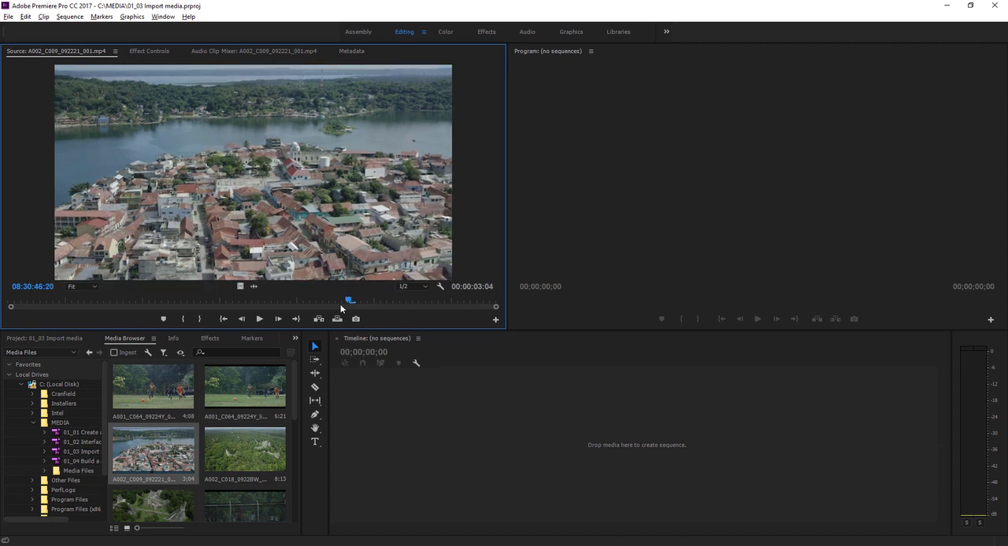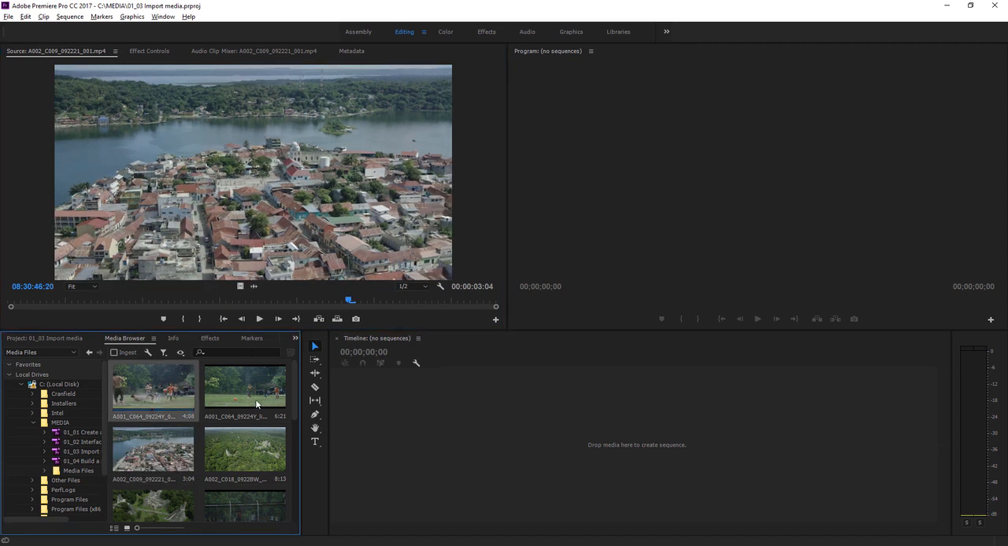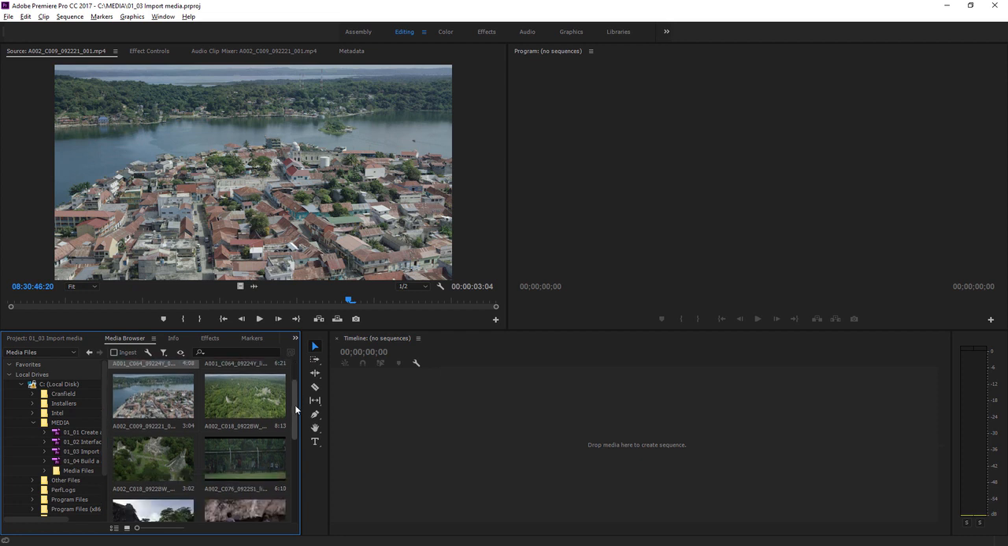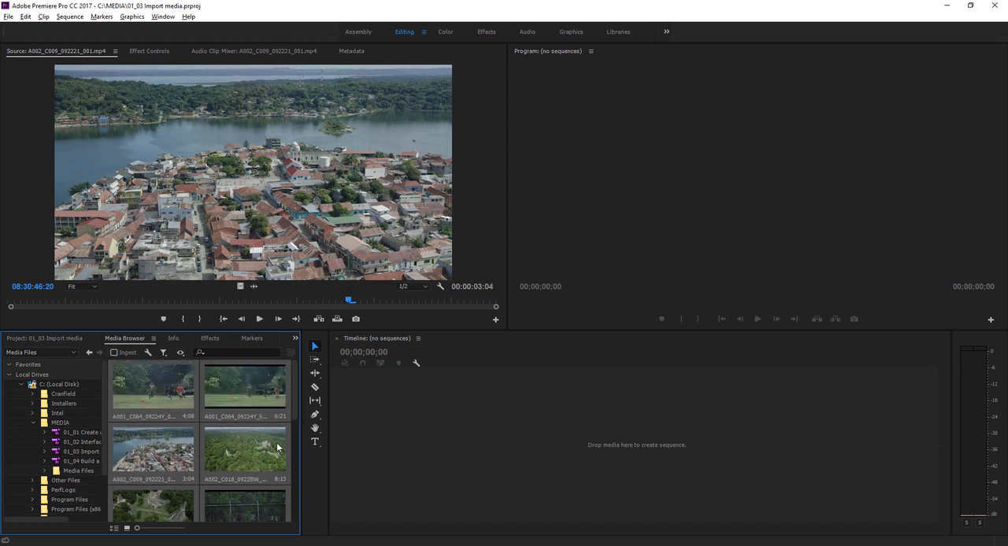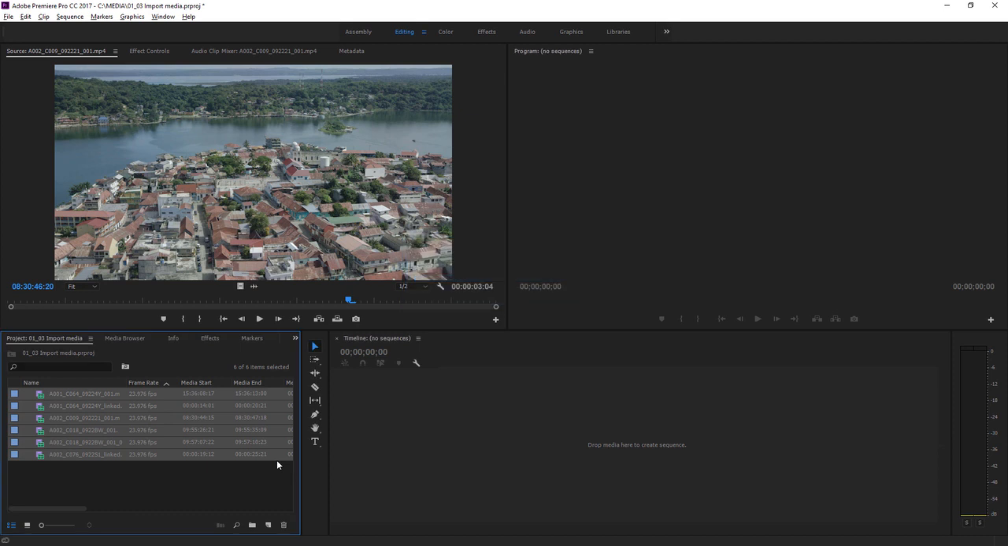I'm going to select a few of these clips. I'm just going to click on the first one up here and scroll down a bit, and I'm going to hold the Shift key down to make a list selection and get 6 clips. I'm going to right-click on any one of the selected clips and choose Import, and they'll appear in my project